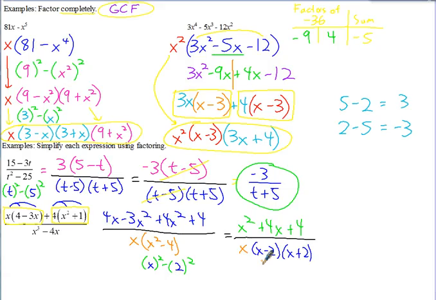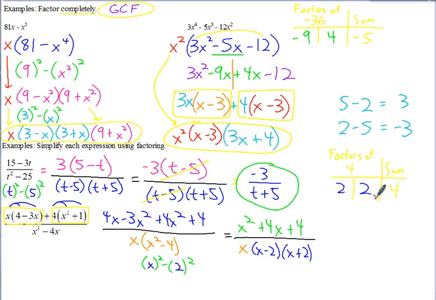Now that we've combined our like terms on the numerator, let's see if that factors. It's a trinomial again, like the example up here. But this time the coefficient on x squared was just 1, so that's a little easier. 1 times 4, so you find factors of 4 whose sum is 4. That would work there would be 2 and 2. So that would factor into